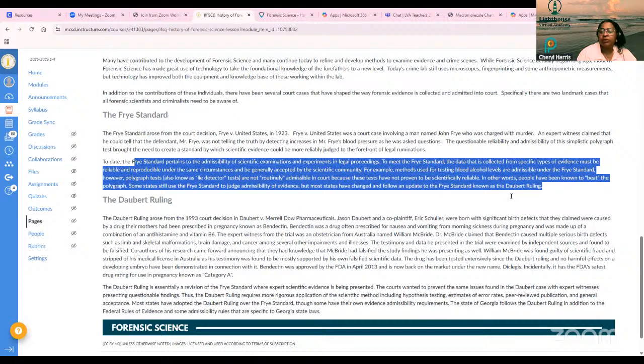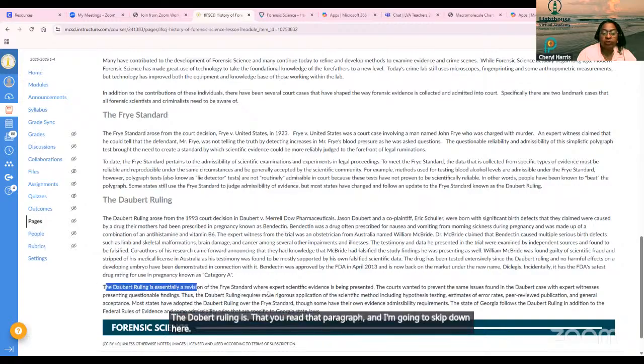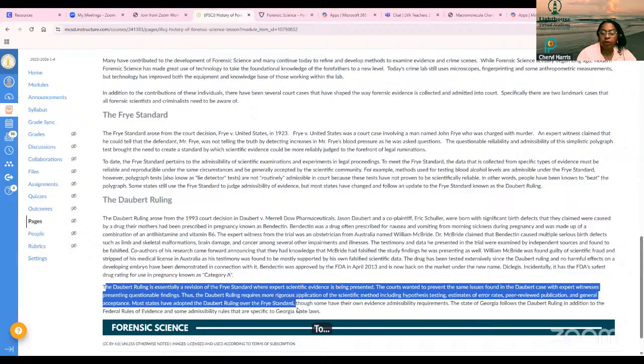So updates are also known as the Doebert ruling. So then you come down here and look at what the Doebert ruling is. And I'm going to let you read that paragraph, and I'm going to skip down here to what it is. And then to keep in mind,